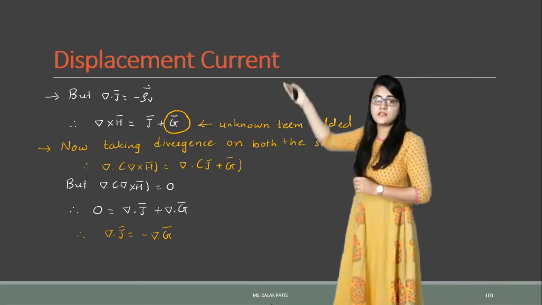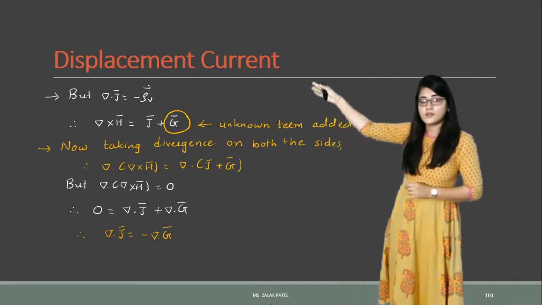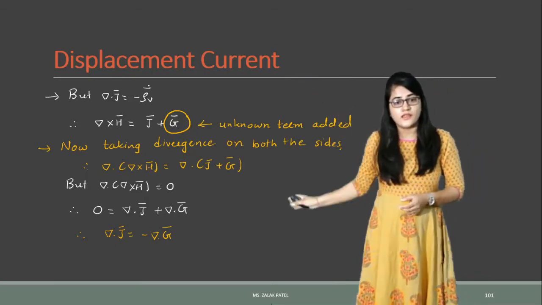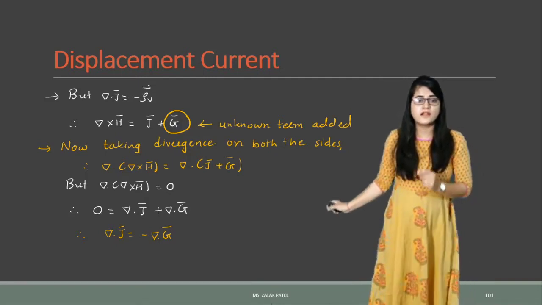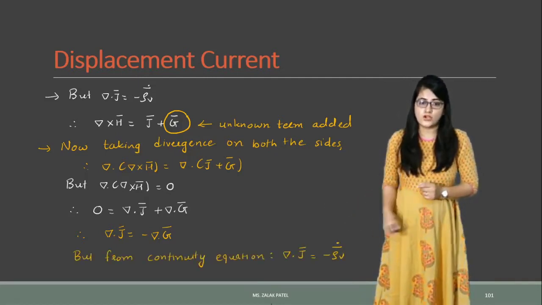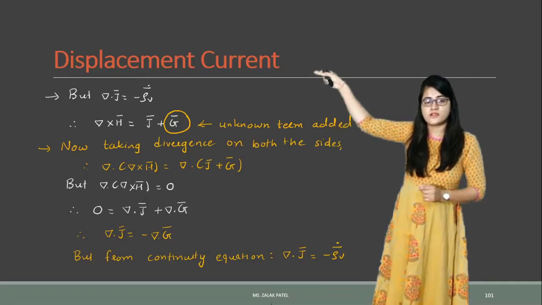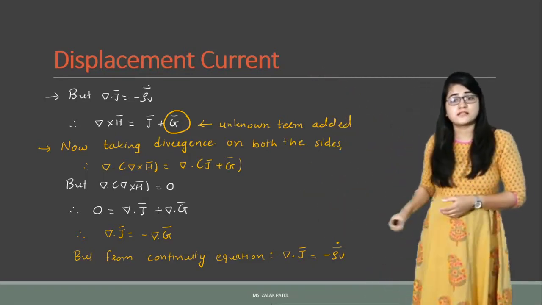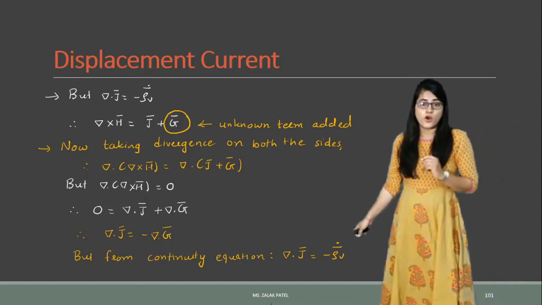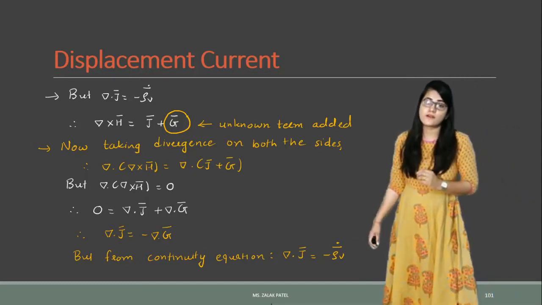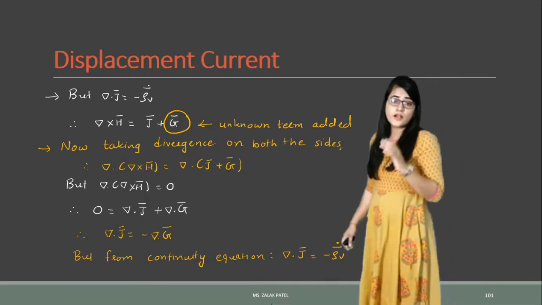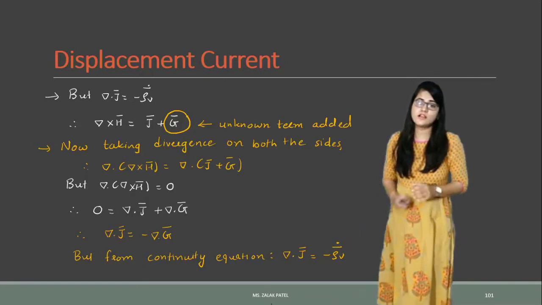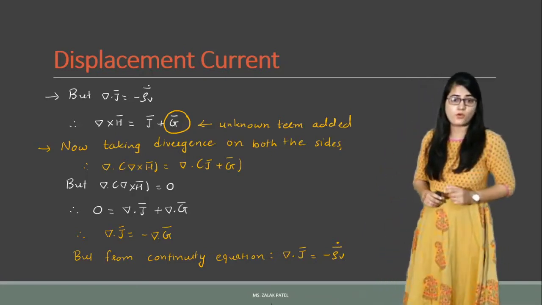But now if you see this first equation, according to it del dot J is minus rho v dot. That means our del dot G bar denotes what? Rho v dot. Okay, if you compare this first equation with this, we can easily find that this del dot G is nothing but our volume charge density that is changing with respect to time. We have already discussed what this rho v dot is. Rho v dot means the one-time differentiation of the particular quantity.